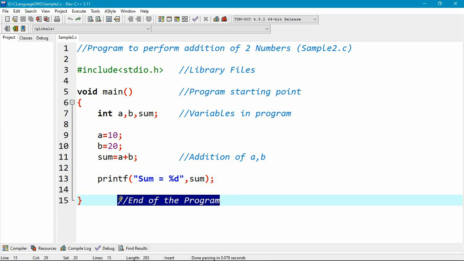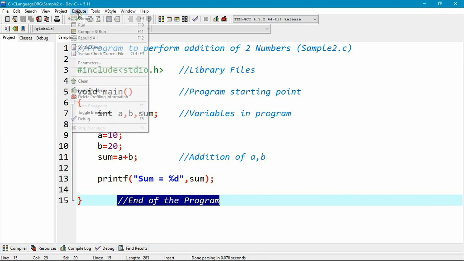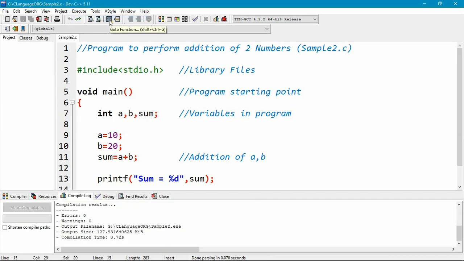Right, so let's save this program. Next, let us compile this program: go to execute, compile, and the shortcut is F9. When you compile the program, it will be converted into machine understandable code.